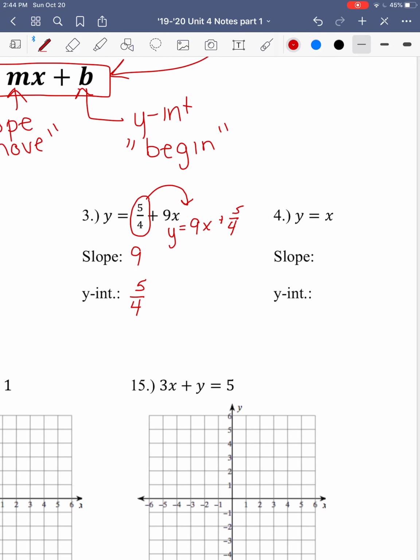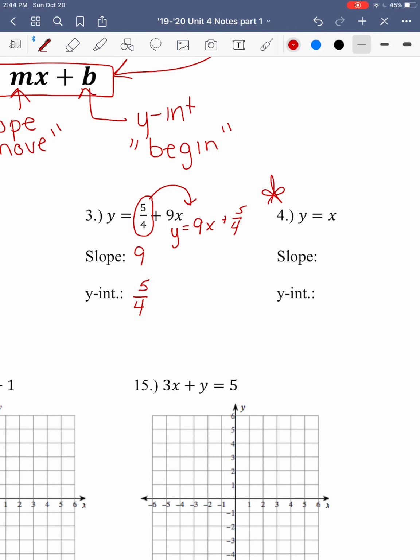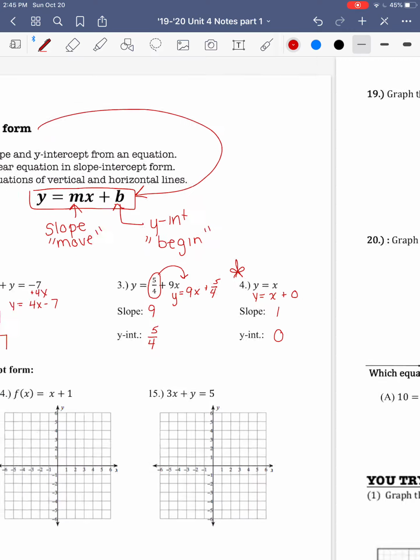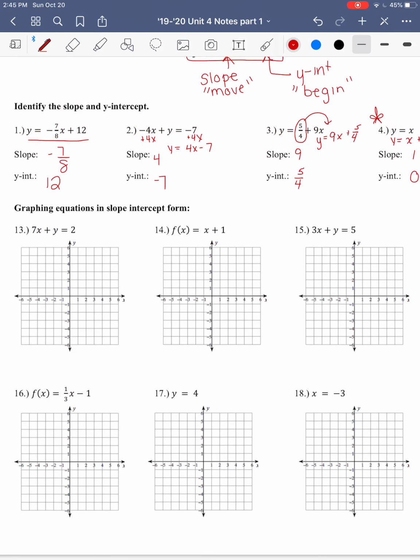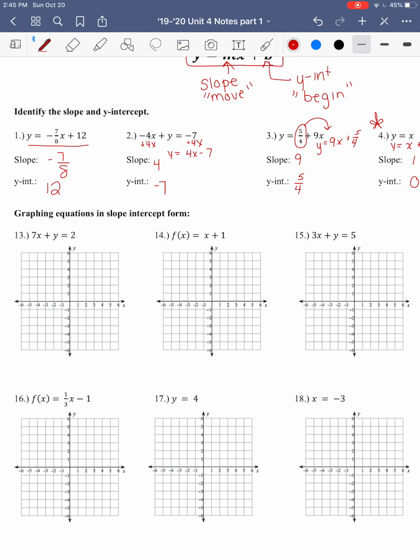Number four I particularly like because for some reason this always plays mind tricks on us. Okay, it's in slope-intercept form. So what you might want to do is just rewrite it as y equals x plus 0 because somehow that makes it look like it makes more sense. Your slope is 1 and your y-intercept is then 0. So the reason I do this is because if I'm asked to graph an equation that's not in slope-intercept form, or it looks just a little different, it helps us to identify slope and y-intercept